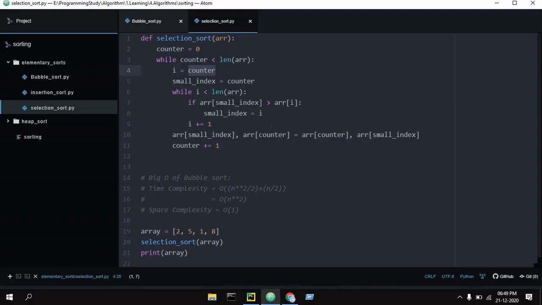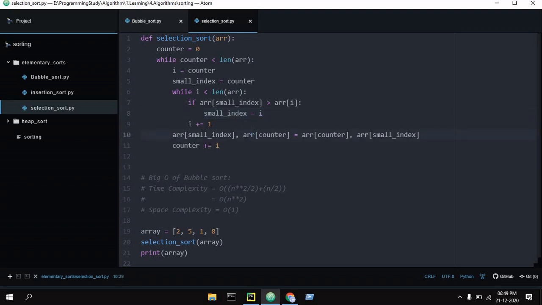So this is the code, and now I will compare. I will set the small index to the counter, and if I get a smaller element, then I will set it to that element's index. And here it is.